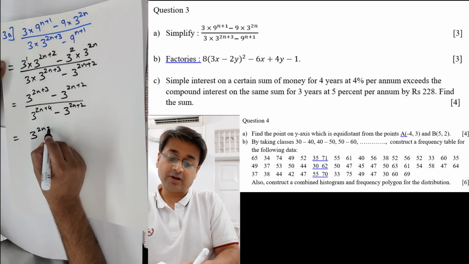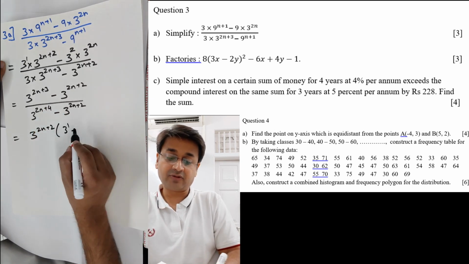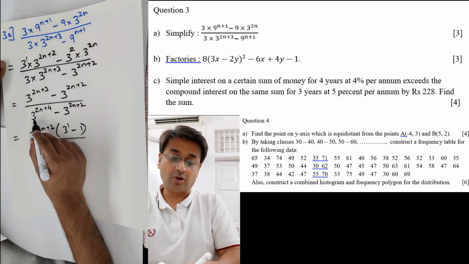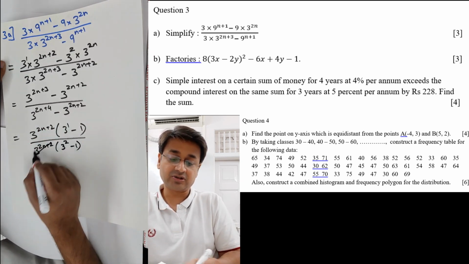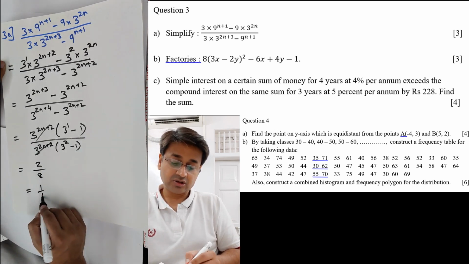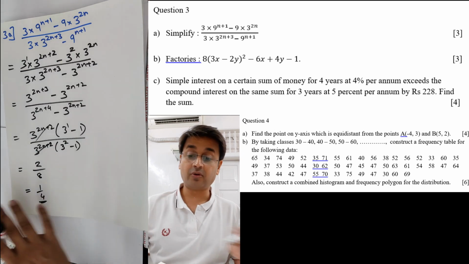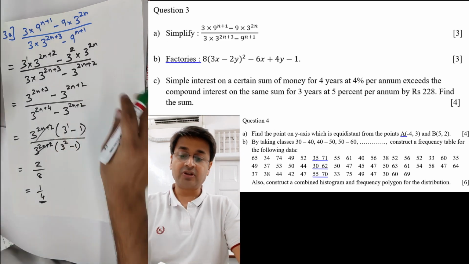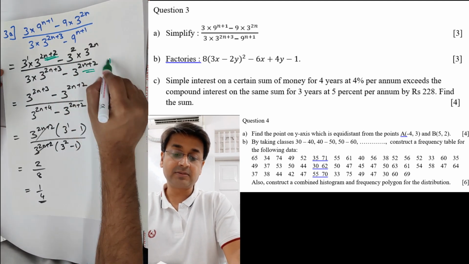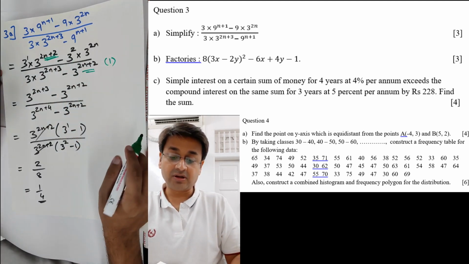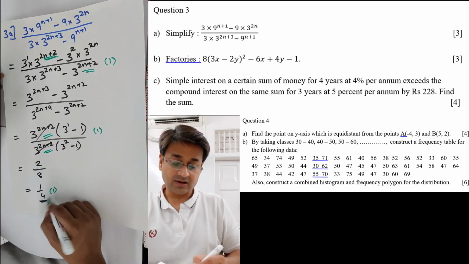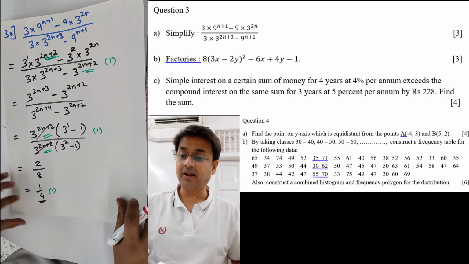I can pull out 2n plus 2 common. So what will be left over here is 1. Here also I can pull out 3 raised to 2n plus 2 common. What will be left is 3 square minus 1. Cancels. So 3 minus 1 is 2, 9 minus 1 is 8. So my final answer is 1 by 4. Good question, yeah. So first 1 mark when you are able to convert this as well as this. The next 1 mark you can give when you pull 3 raised to 2n plus 2 common, and final 1 mark when you reach to 1 by 4.